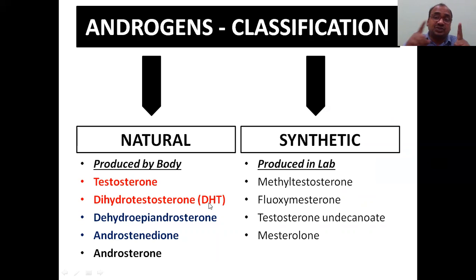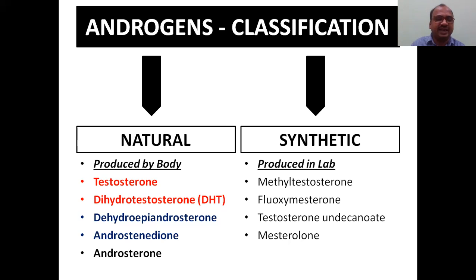dihydrotestosterone. Actually, testosterone in our body is converted into dihydrotestosterone. That's why I have shown both as a pair, because they are almost the same, with the same conversion and same actions, everything is same. That's why I used the same color for both of them. And dihydroepiandrosterone, androstenedione: these two also have the same characteristics, so I have paired them too. These names you have to learn by heart.